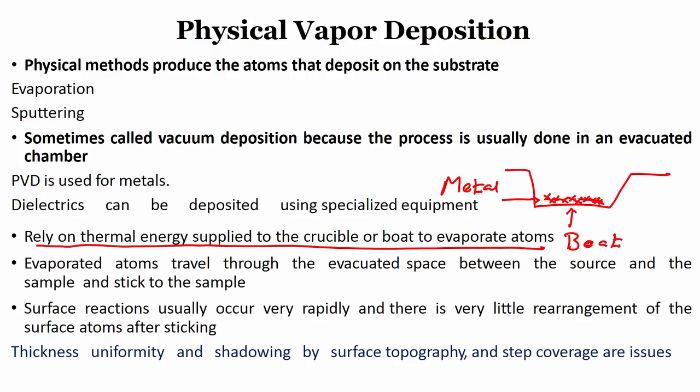Now, how can I evaporate this metal, because metal is solid, right? How can I evaporate this metal and deposit it on the substrate, which is on the top of this metal, or somewhere on the substrate holder? I will show you what substrate holders are. A substrate holder is the equipment or a tool that can hold the substrate, right. Now, I have to evaporate this metal and deposit it on these substrates,